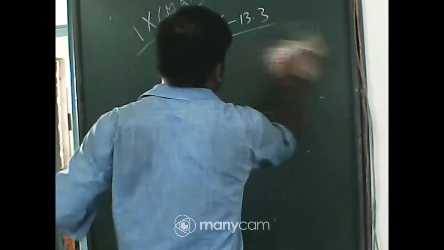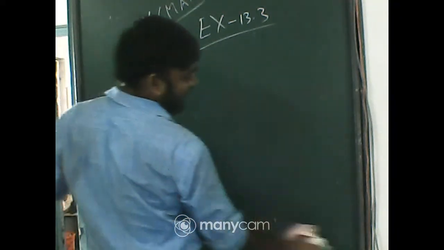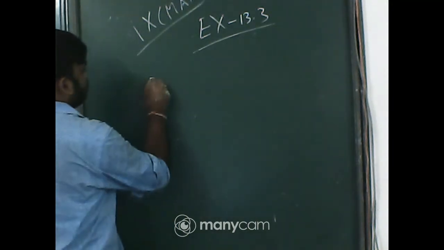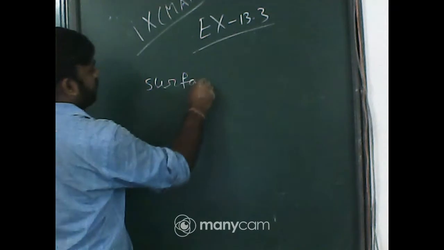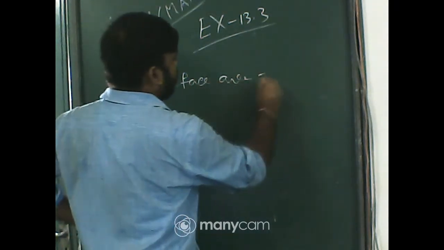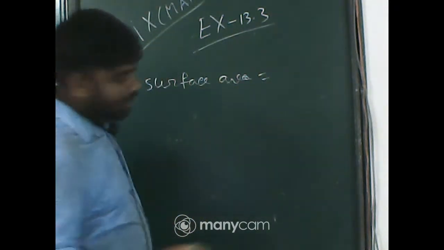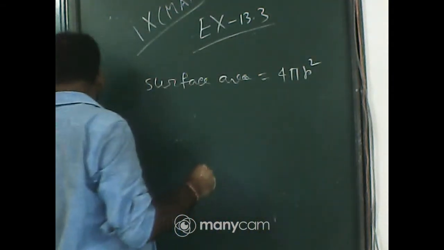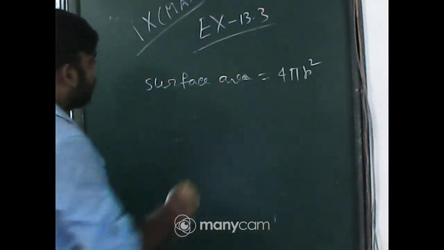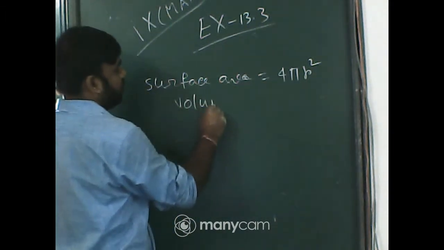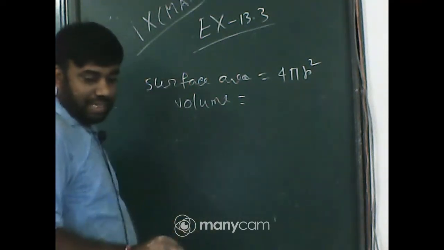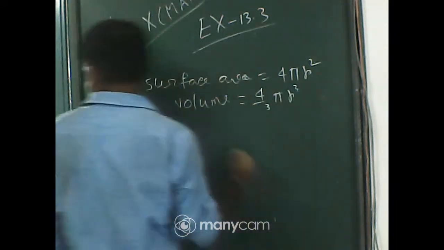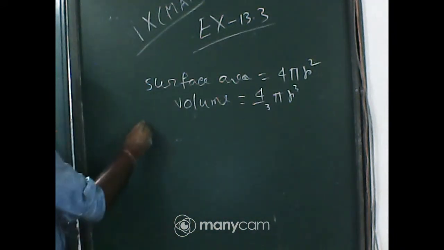Now, what is the surface area of the sphere? The surface area formula is 4 pi r square. What is the volume of a sphere? That is 4/3 pi r cube. Now one thing, students,